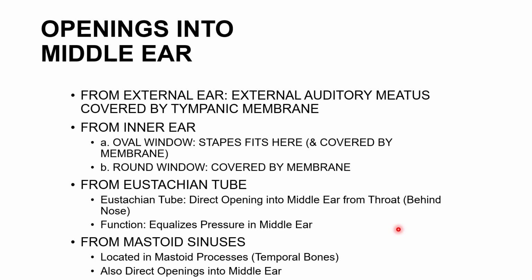So all our air sinuses need to be aerated. Similarly, the mastoid process has mastoid air cells and it needs to be aerated, but this is not aerated with the help of the nasal cavity because it does not lie in the vicinity of the nasal cavity and it does not have its opening into the nasal cavity. Instead, it has its opening into the middle ear, and the middle ear is aerated via the eustachian tube.